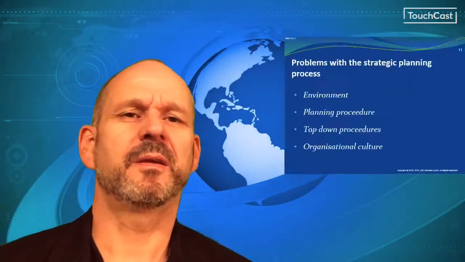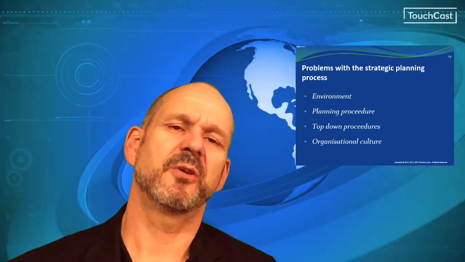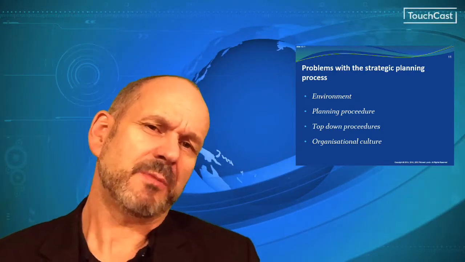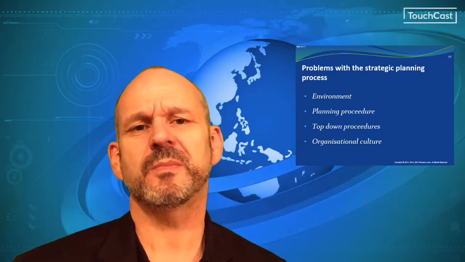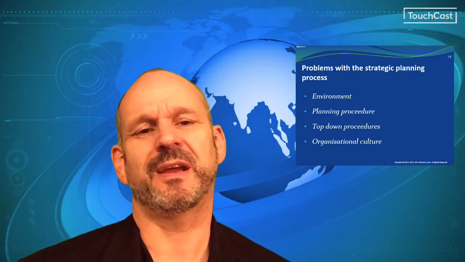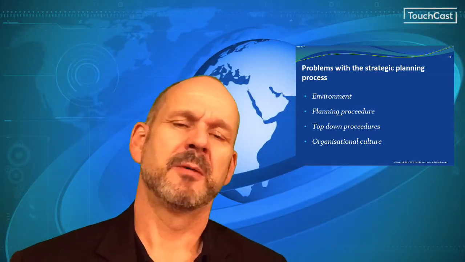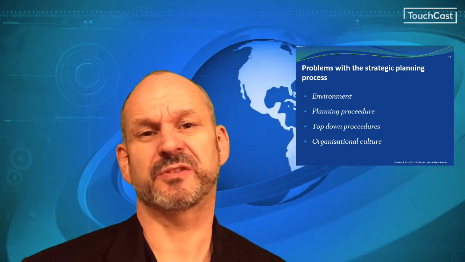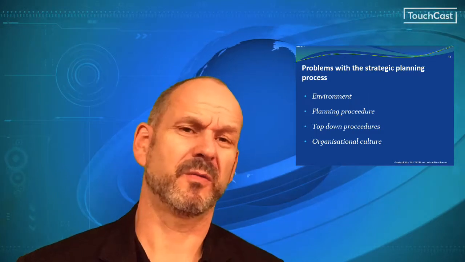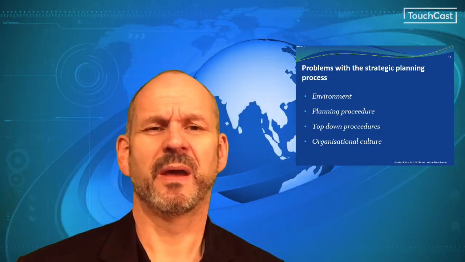The traditional strategic planning process can be problematic in a number of areas, and the first of these relates to the operating environment of the business. This we usually assume to be predictable, but numerous instances prove that this is incorrect in the real world. Planning procedure assumes that major strategic decisions are initiated by clear planning procedure, whereas strategic decisions in practice are often complex, multi-layered, and subject to management judgment.